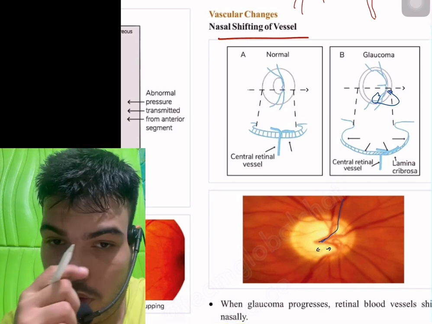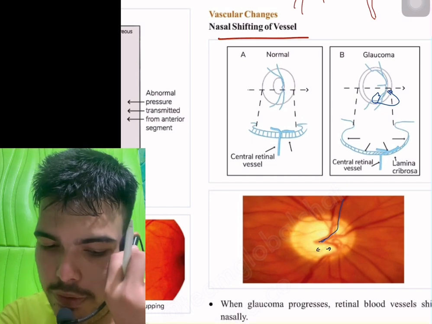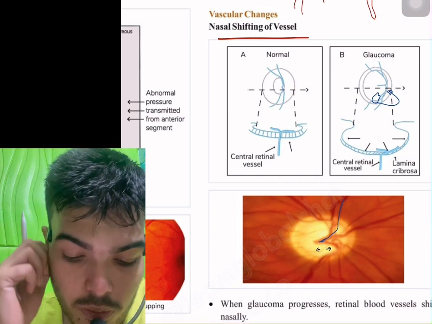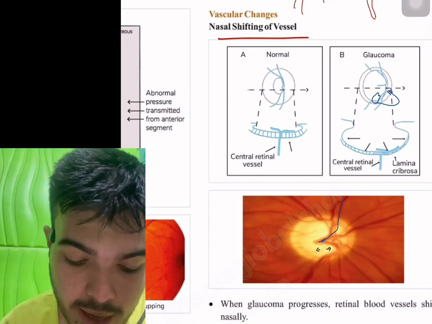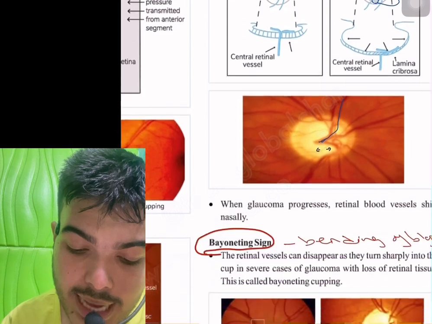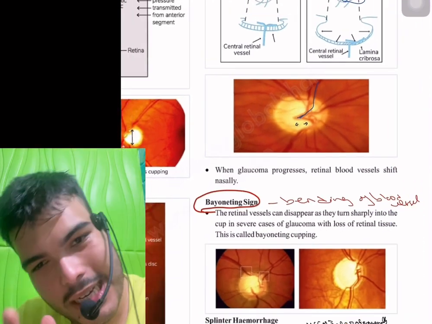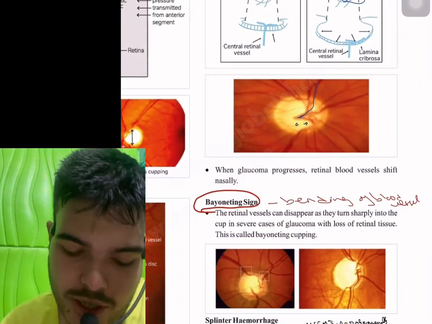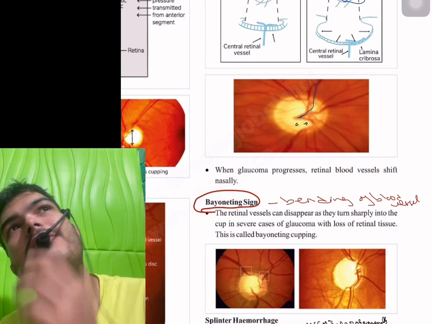And one more thing you need to add: whenever you talk about nasal shifting of the blood vessels and all these things, you need to talk about the bayonetting sign. Bayonetting sign means the retinal blood vessels can disappear as they turn sharply. That sharp bending is known as the bayonetting sign, because of extensive